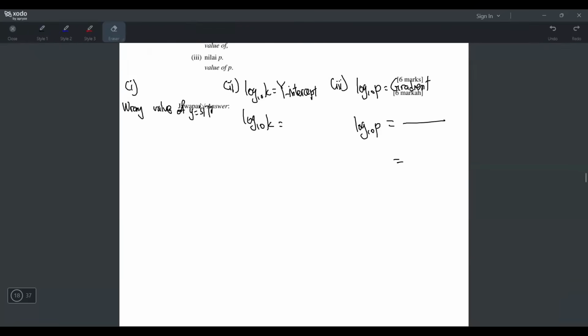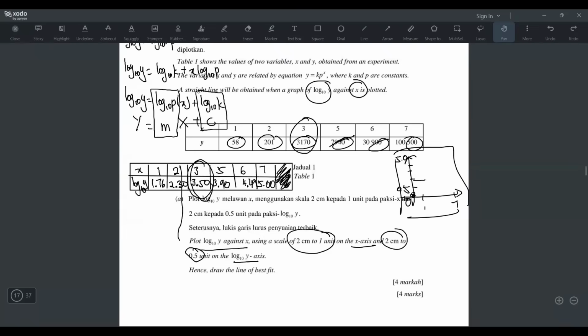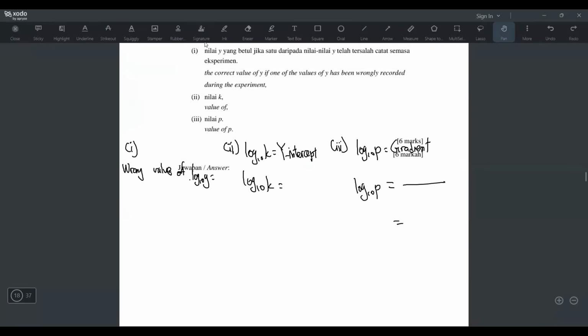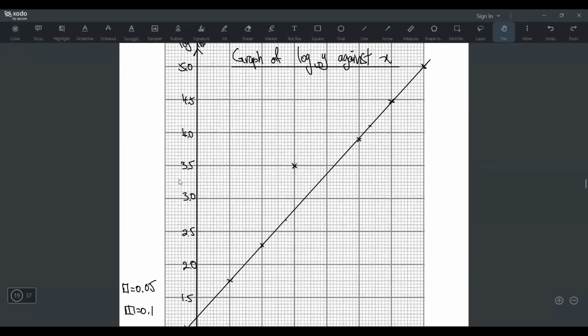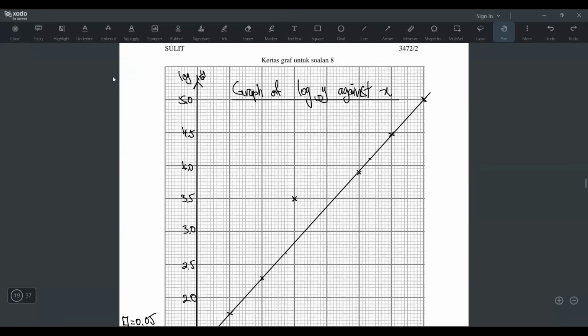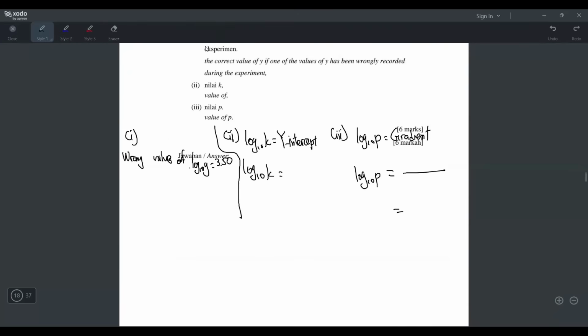Okay, I don't want to write wrong value of y. I'll just write wrong value of log y. If I write like this, then I can put the 3.5 already. Makes sense, right? Because the wrong value of log y is 3.5. And how to get the correct value? It's very easy, later I'll show you. So the correct value